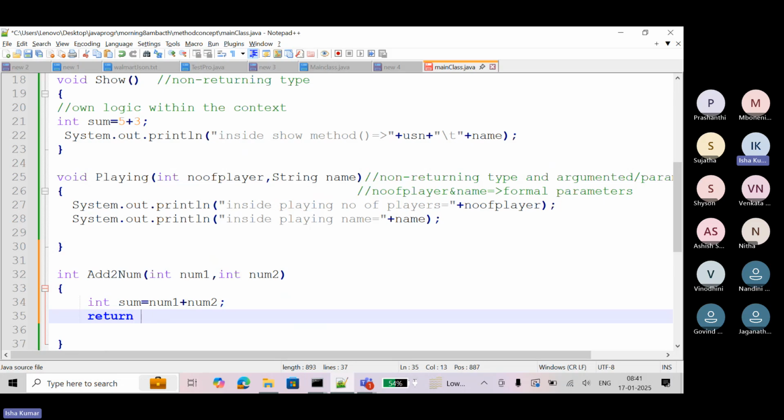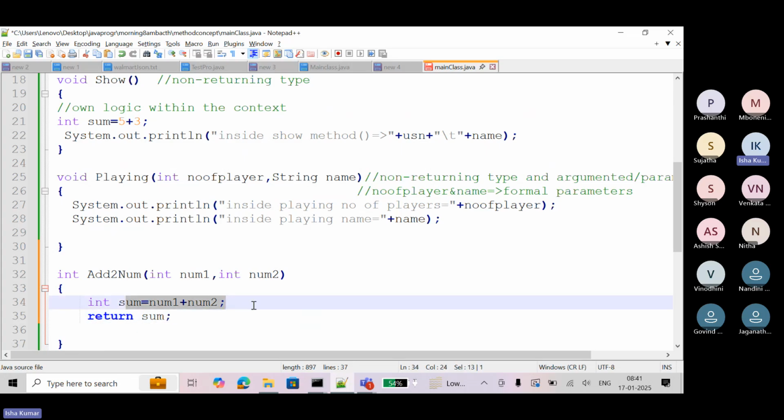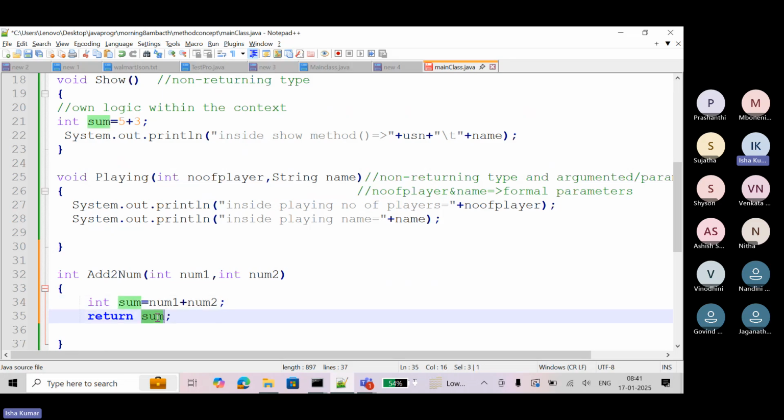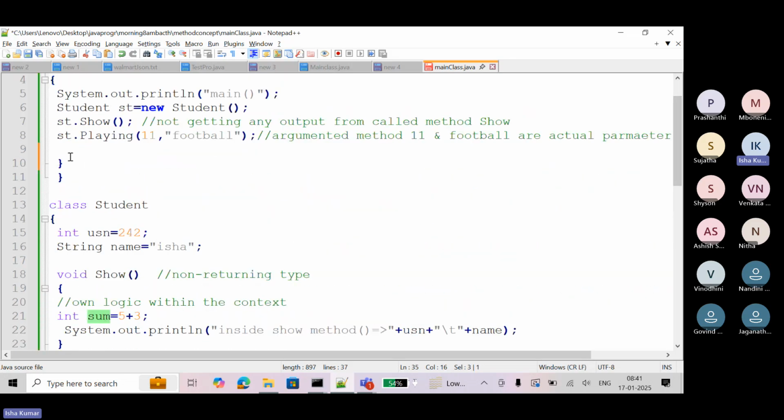So here I will write return sum because the result is stored in a variable, sum. So what will happen? Now this is returning from here. He is doing some logic calculation and it is returning this data, the result, to the caller method.